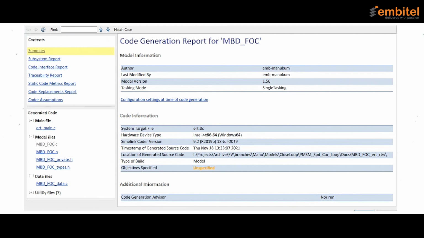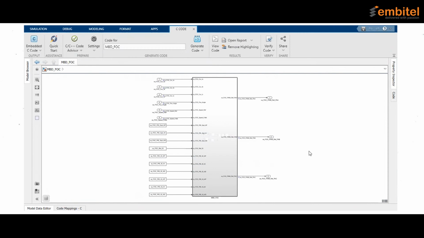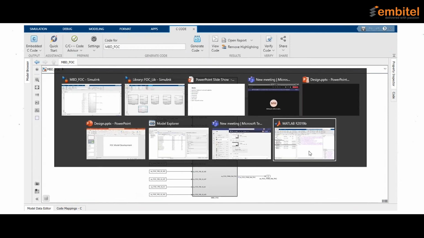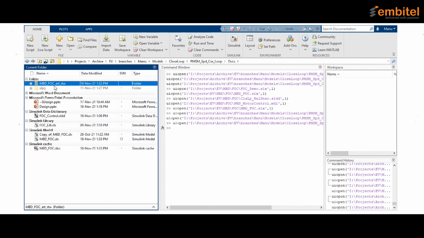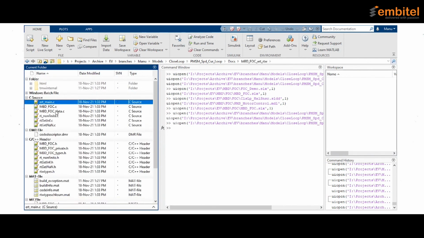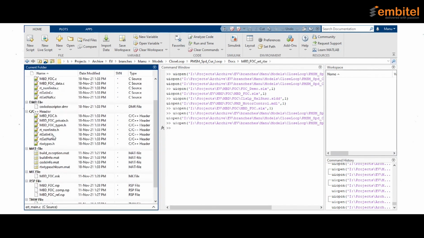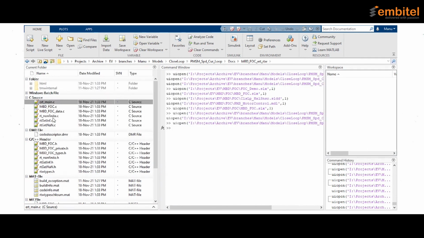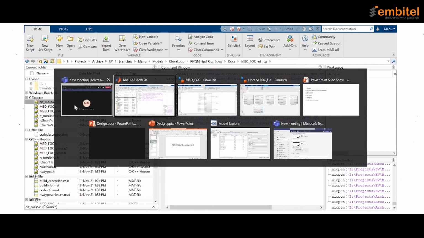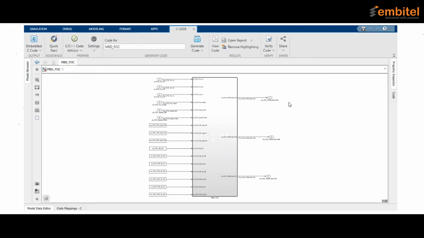Just click on OK and save this. And just verify, go to the browser and see mbdfocert.rc. These are the files that it generated. That's all about the FOC model implementation in Simulink.